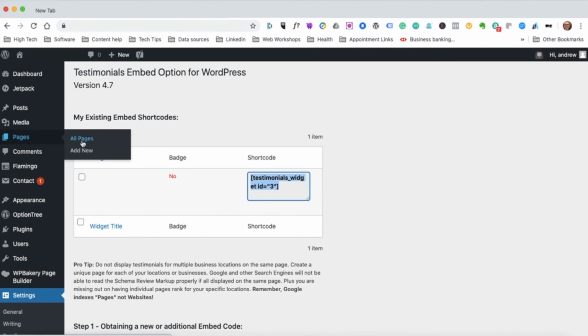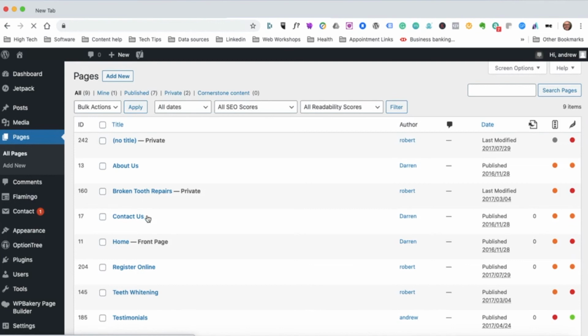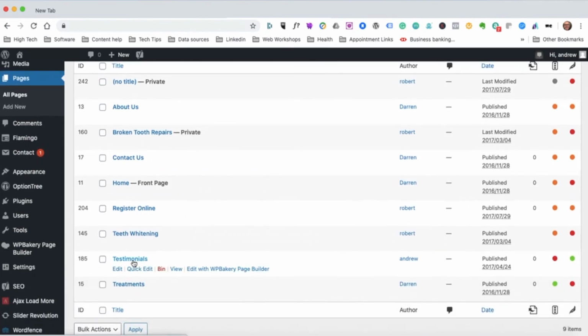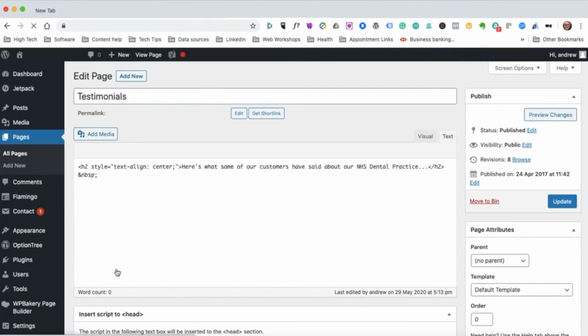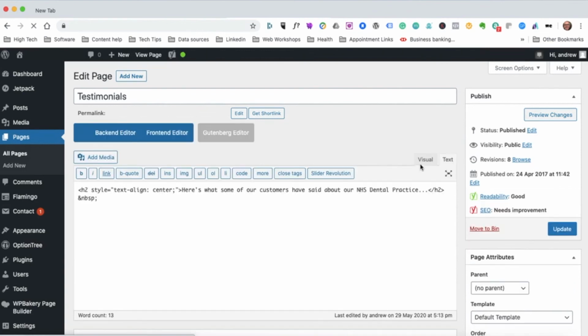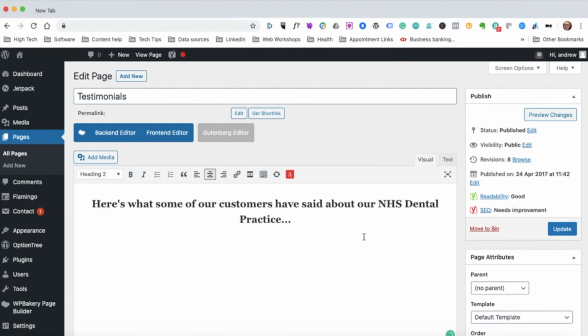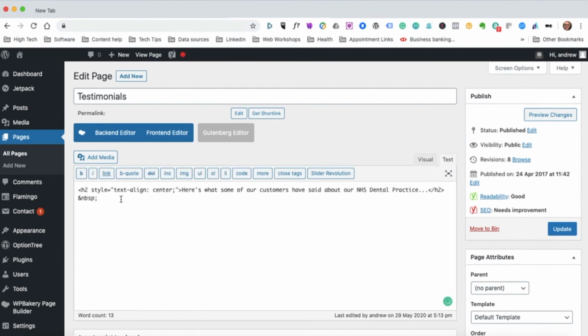So I'll go to pages, all pages, and the page I'm looking for is my testimonial page, and I want to go to edit. We usually work in the text section, but I'll just show you the visual section so you can see what I've placed in here previously. I've given it some header text on the page. But if I go back to the text section here, I'm going to put my cursor inside that box, a couple of spaces down,